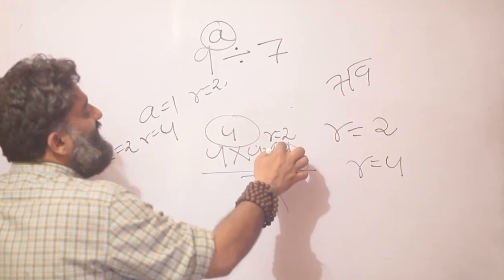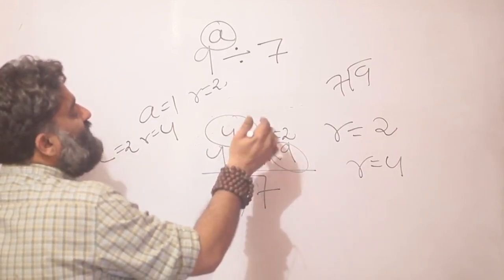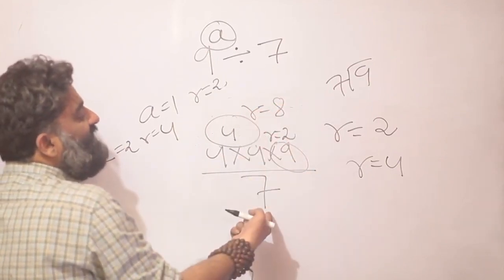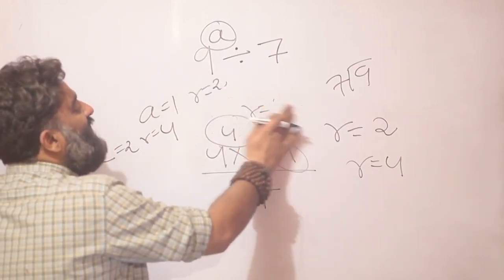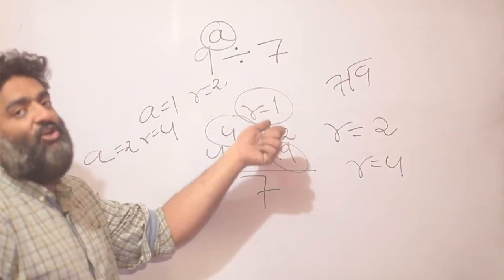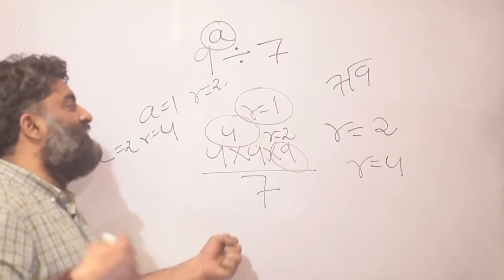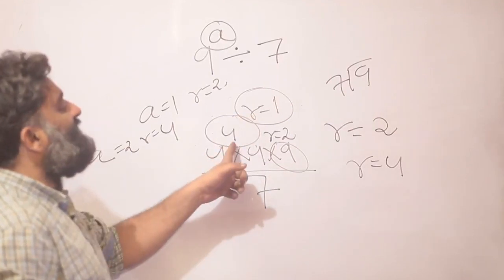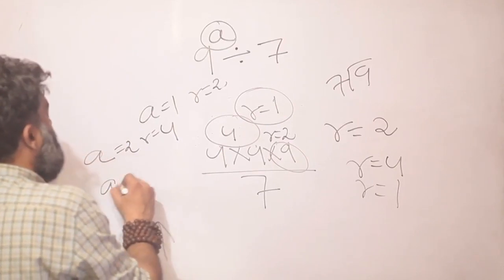And this extra 9 is 2, right? So I could have taken that mini step here, and 4 into 2, the remainder is 8. Again, the remainder is bigger than the divisor. That means take this remainder and divide it again by 7, and you get the remainder as 1. Again, this part of the logic, why the remainder can't be bigger than the divisor, has been covered in the previous session. So if not comfortable, take a look at that. So I get the remainder as 1 when a is equal to 3.